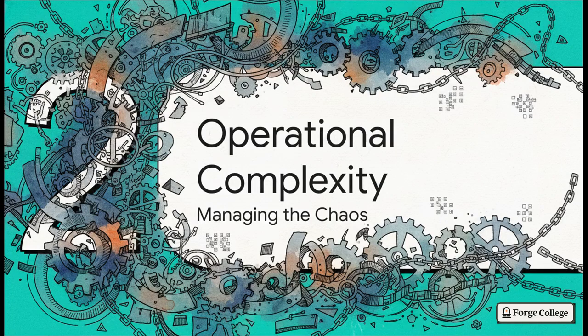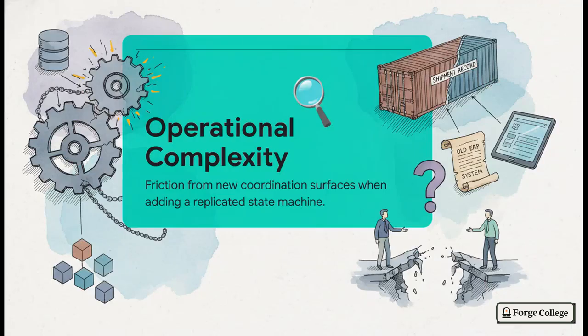Section 2, the operational complexity challenge, managing the chaos. Understanding what operational complexity actually means in this context is absolutely crucial. It's basically the friction that emerges because adding a replicated state machine creates multiple new coordination surfaces. Think about it practically. You're now forcing schema migrations on two totally different systems simultaneously, or you're trying to maintain